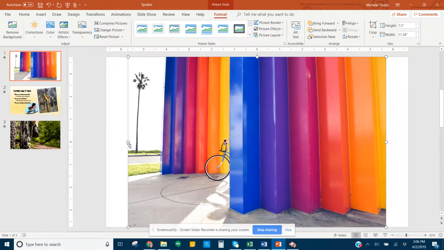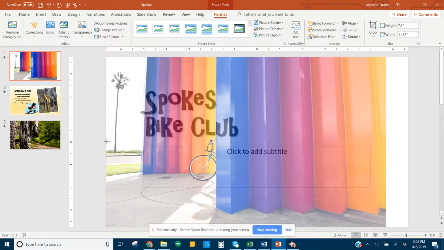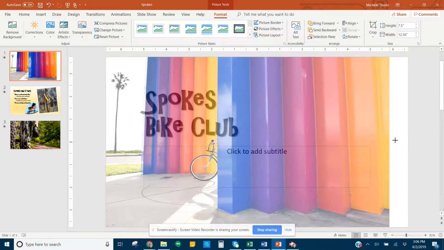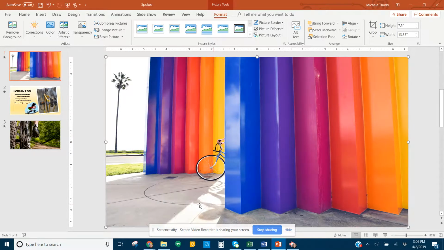So we're going to take this picture and we want to make it the full size. So we're just going to drag it. I know before I've said not to use the middle sizing handles because it will distort the picture, but we're going to go ahead and do that for this one. Okay, once we have the picture covering the whole screen,